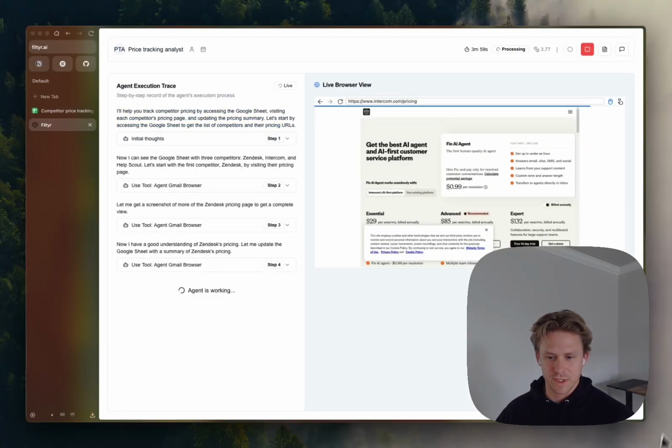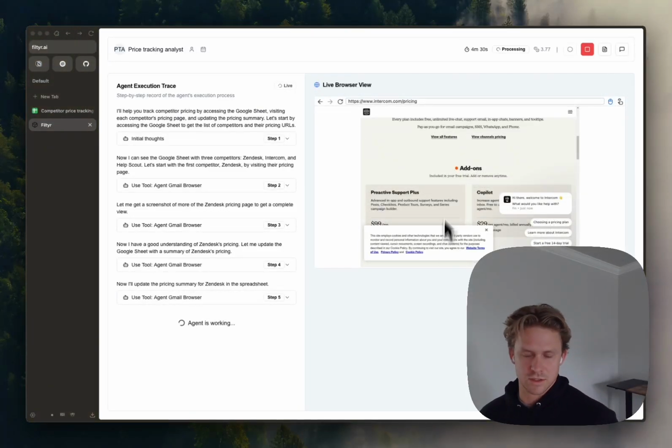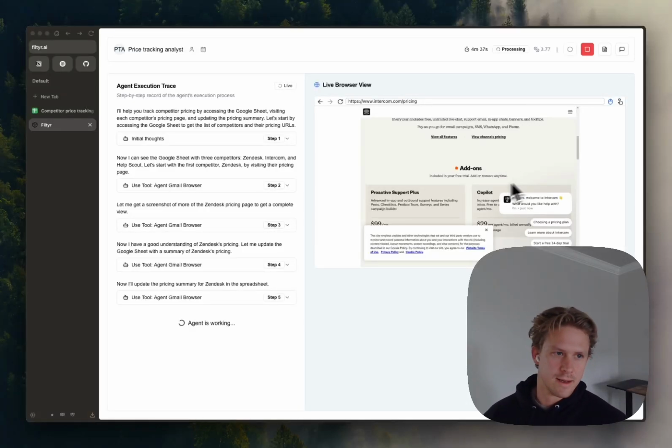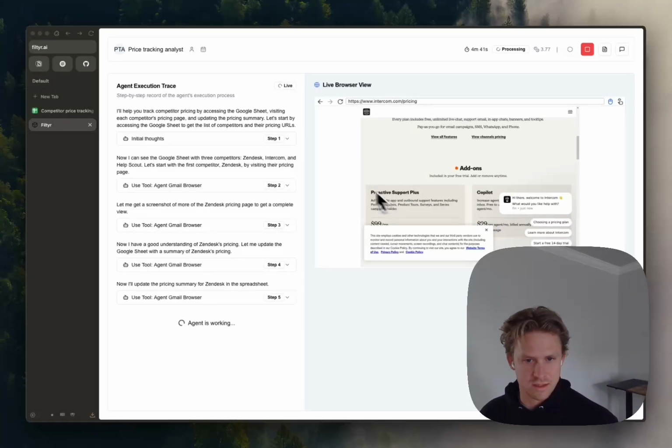Now it's on Intercom, getting the information from Intercom. I am going to skip a lot of these steps here. And also, as it's scrolling down, looking for more detailed information, you could just imagine all the different things that you could do with this beyond just competitor price tracking. But I think this is a good example of showing how you can create AI agents with Filtyr that use a web browser,